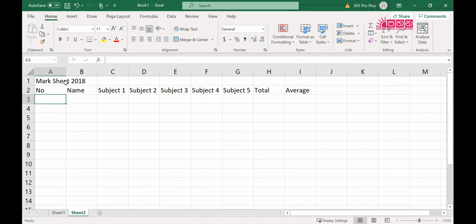First of all, numbers. I told you, when you want to print numbers from 1 to 10, you don't have to type everything. If it is a number sequence, you can type the first 2 numbers and use the autofill to fill the remaining. So we are going to have 10 students.